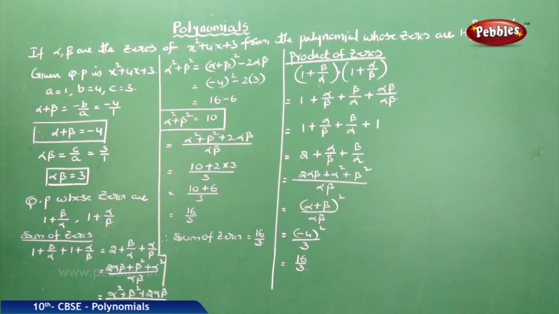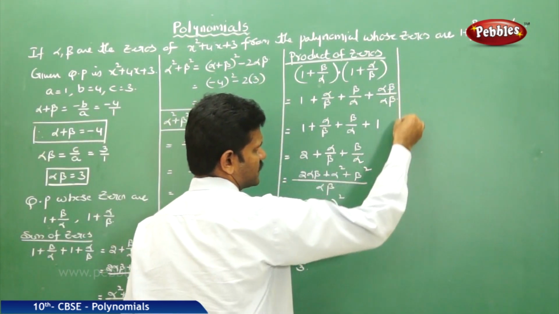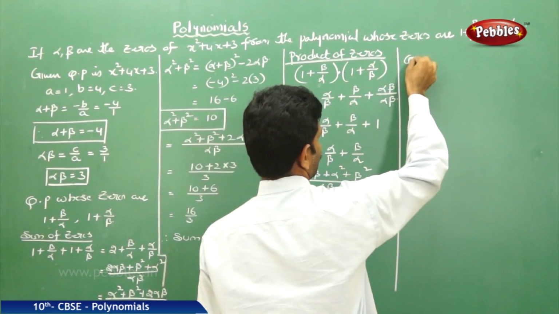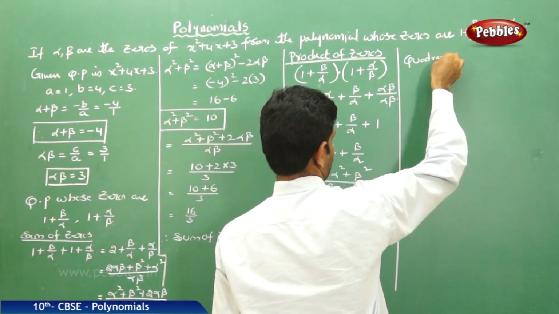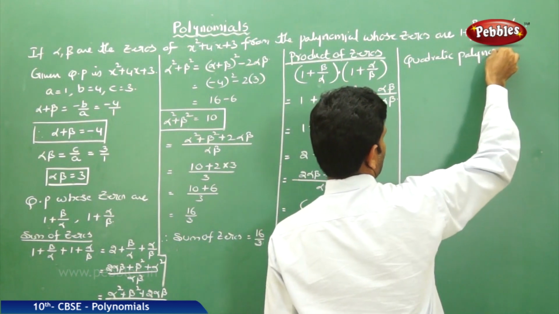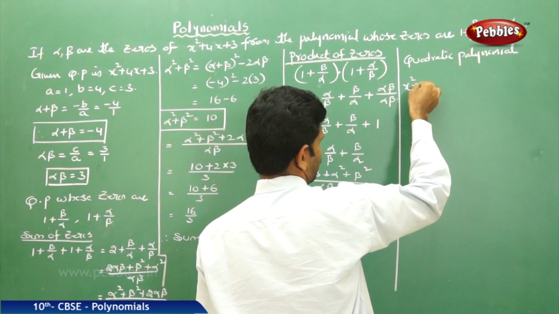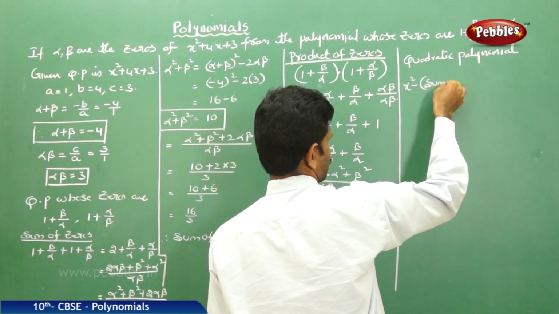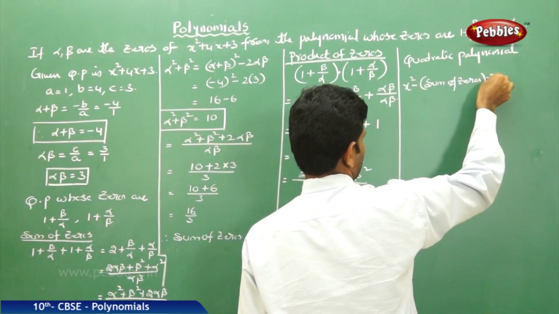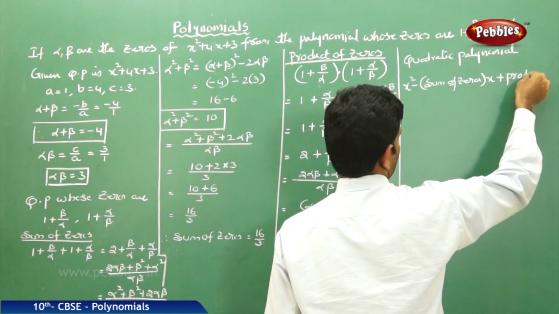This is the product of the zeros. Now I am ready with the sum of the zeros and the product of the zeros. Therefore, the quadratic polynomial is x square minus (sum of zeros) into x plus product,